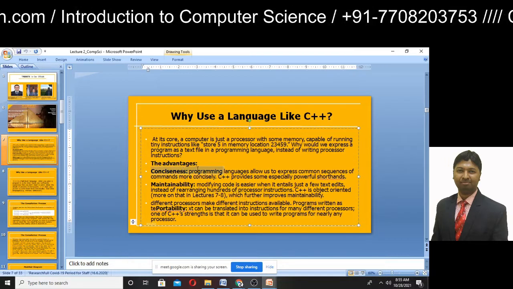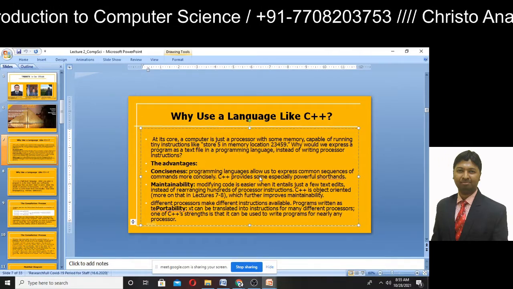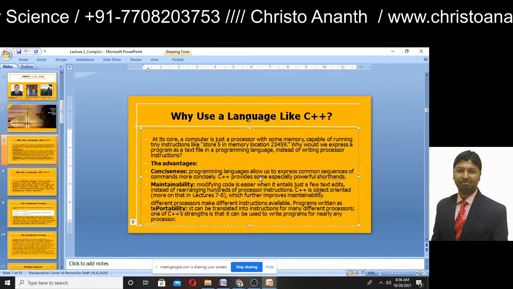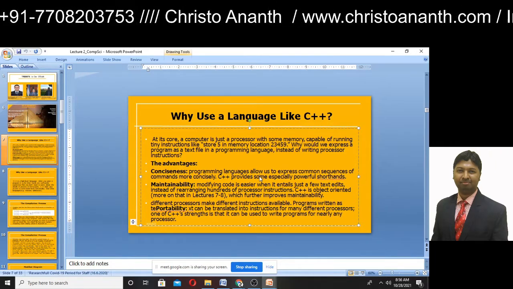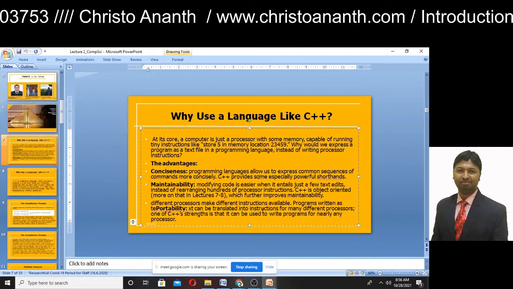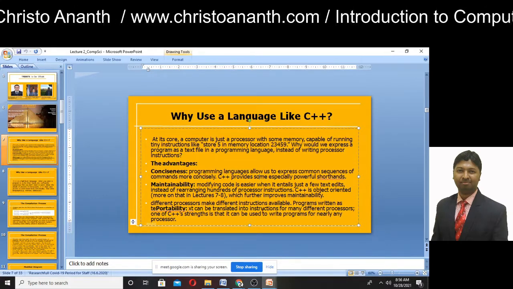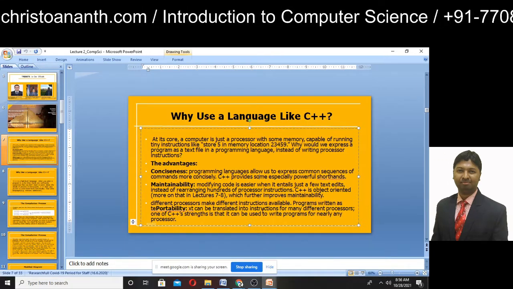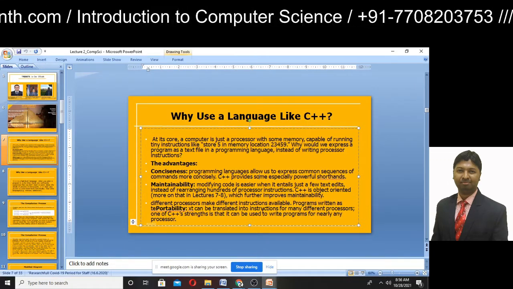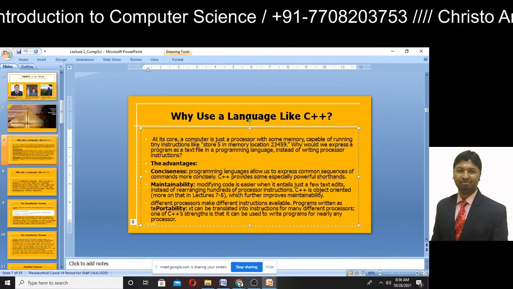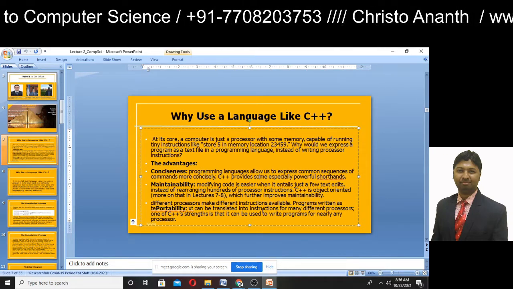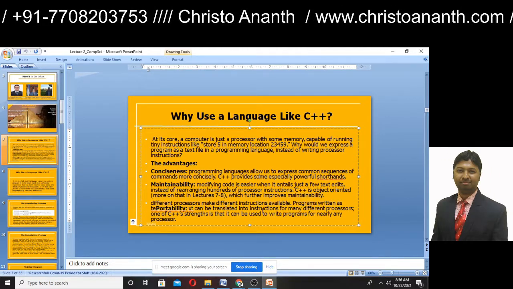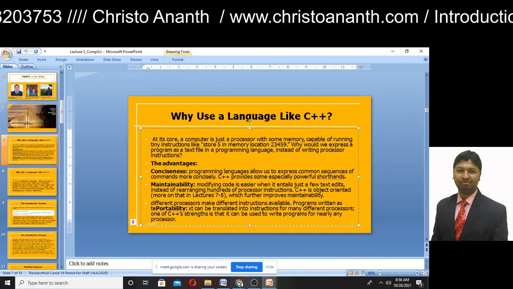So in the case of conciseness, the programming languages allows us to express common sequences of commands more concisely. So you can say that C++ has several shortcuts, powerful shortcuts. With regards to maintainability, modifying the code is very easy because it's just like a few text edits instead of rearranging hundreds of processor instructions. And C++ is object oriented, which further improves the maintainability.